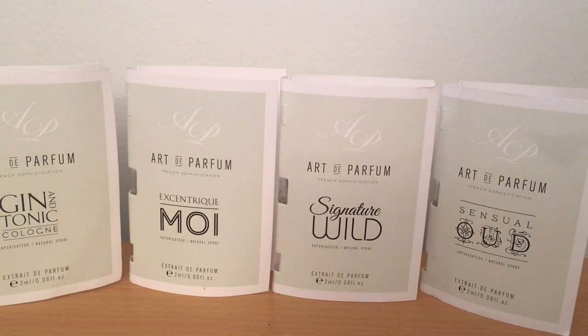And note-wise, in this one, we get juniper, grapefruit, lemon zest, and cucumber at the top, gin in the middle, ambergris, cedar, vetiver, white musk, and oak moss in the base. And this is easily the best take on this concept that I've seen yet. My favorite interpretation of this type of scent. Now, there's no pineapple in this one, but for whatever reason, it does remind me a little bit of Aventus by Creed. It's fruity. I really like the very natural grapefruit here in this one,